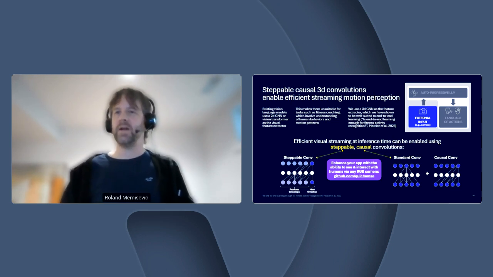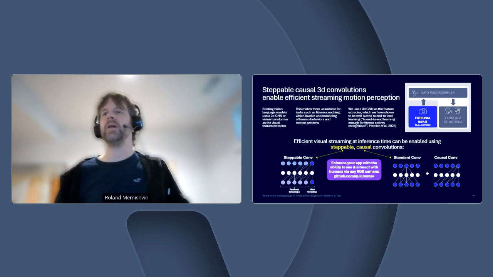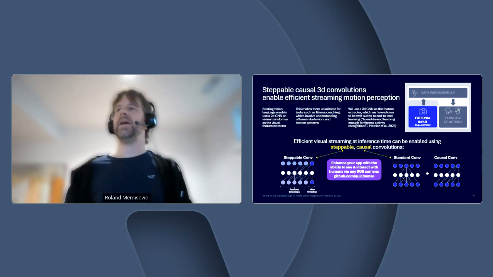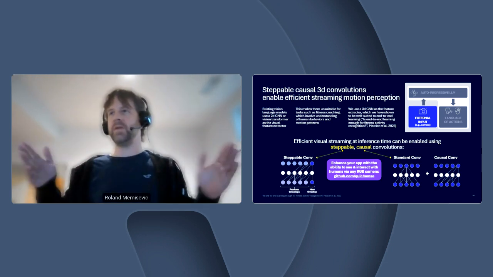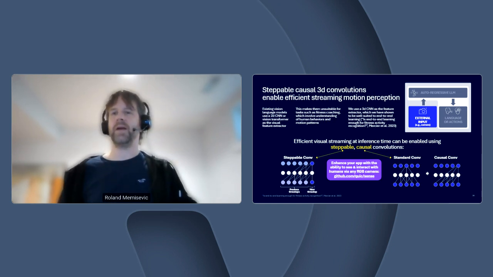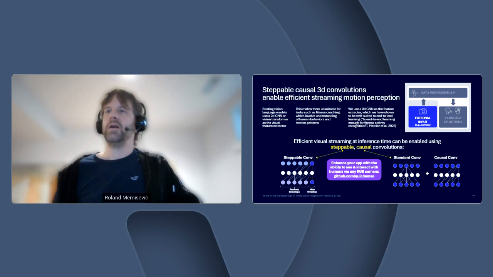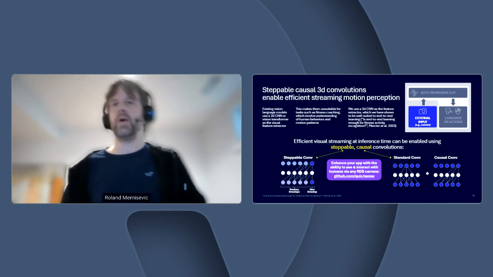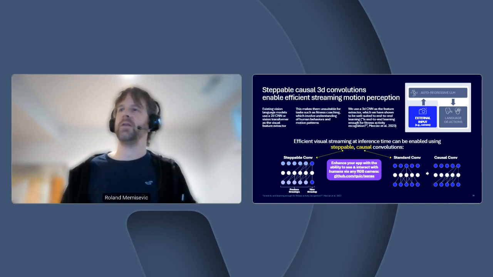A second required trick there is to train the model so it doesn't learn to cheat by looking into the future. So recall that the training data is videos paired with labels or coaching advice by the model. And if you would do this naively and use a 3D ConvNet, then the model would be encouraged to make use of whatever future information that the video stream might contain to provide a response right now. But if you have a real human or a real coach or a real person behaving in the real world, of course, you cannot look into the future. You have to make use of whatever information you've seen so far.